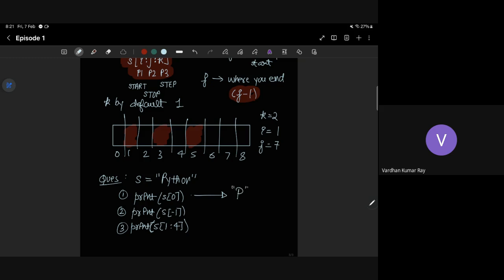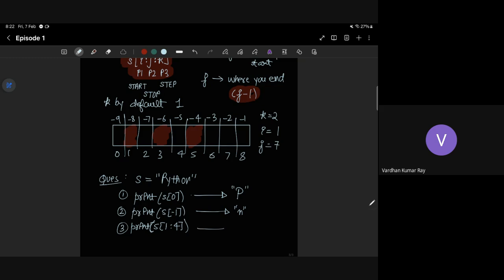What about the second one? This is something which I've not talked about. It is the small n. One thing again, which people get confused about: even though my indexing from the forward direction starts from 0, when I go from the backward side, like starting from the rightmost element, I write minus 1. So my indexing is minus 1, minus 2, and so on. When I start from the leftmost side, I start indexing from 0.